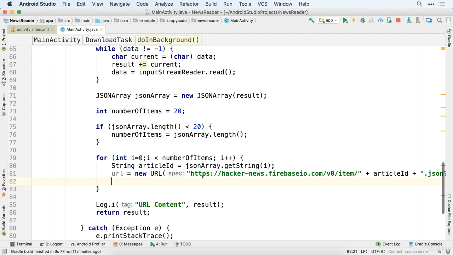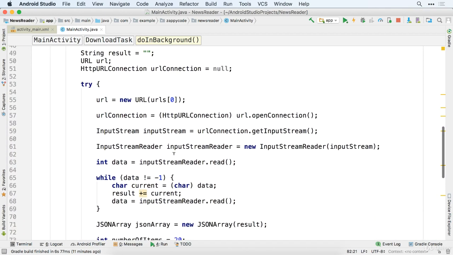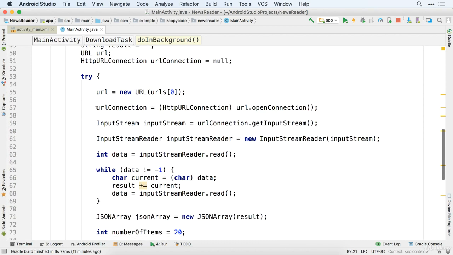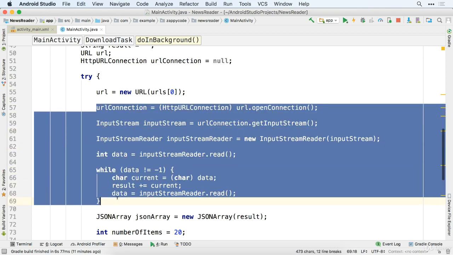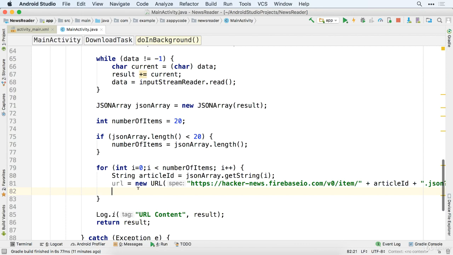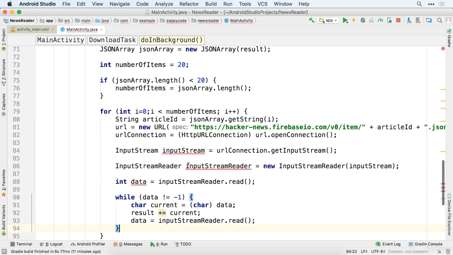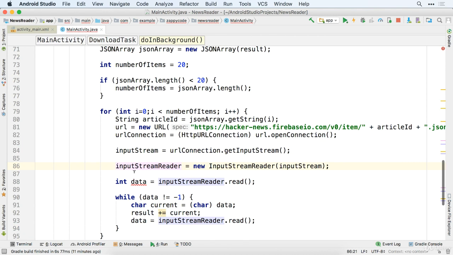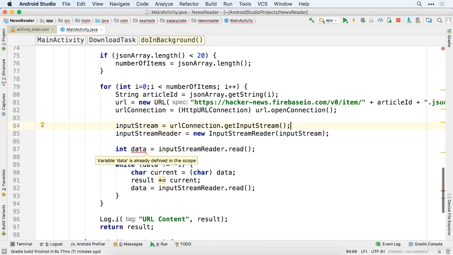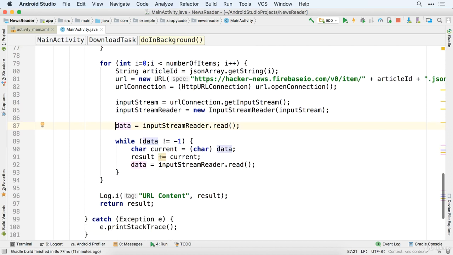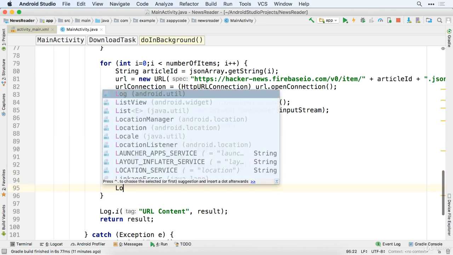Then we're going to want to run basically the same code that we had before. We want to make a new URL connection and get this data, do the input stream reader, all that good stuff. So let's just go ahead and copy that big chunk and paste it down below. Now we don't need to recreate the input stream, so we'll just go ahead and delete that. Again, input stream reader, we're just going to make it so we're not recreating those for the first time. Same thing goes with data. And then we can go through and read all the stuff, and if this all worked, we should be able to get some article info. So we're going to go ahead and log out